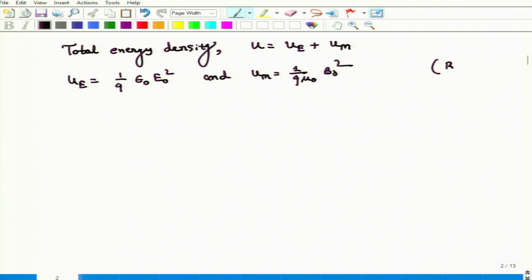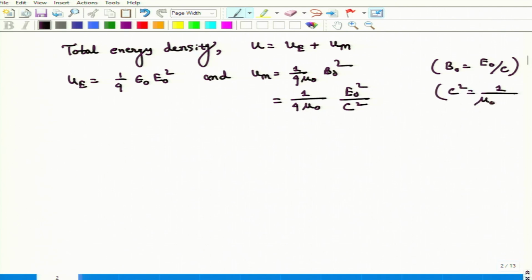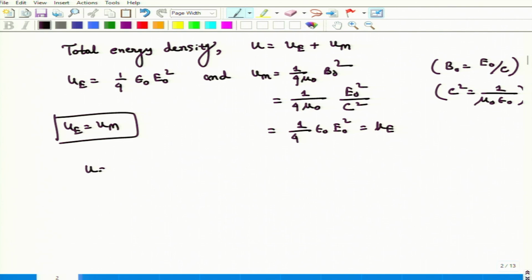Again we know that B naught is equal to E naught divided by C. If we put it here, then we will obtain, as I did in the last class also, E naught square by C square, and also we know that C square is 1 by mu naught epsilon naught. So if we put it here, then we obtain that UE and UM are equal. So U should be 2UE equals 2UM